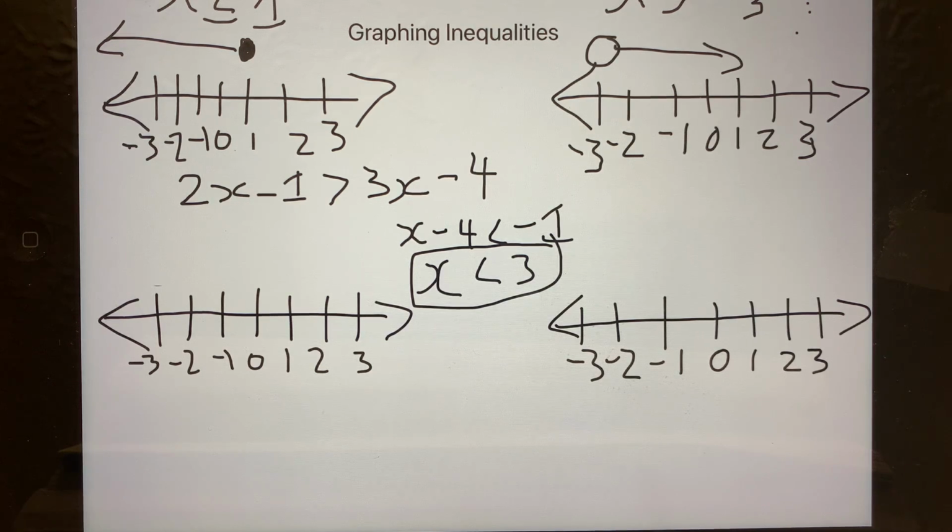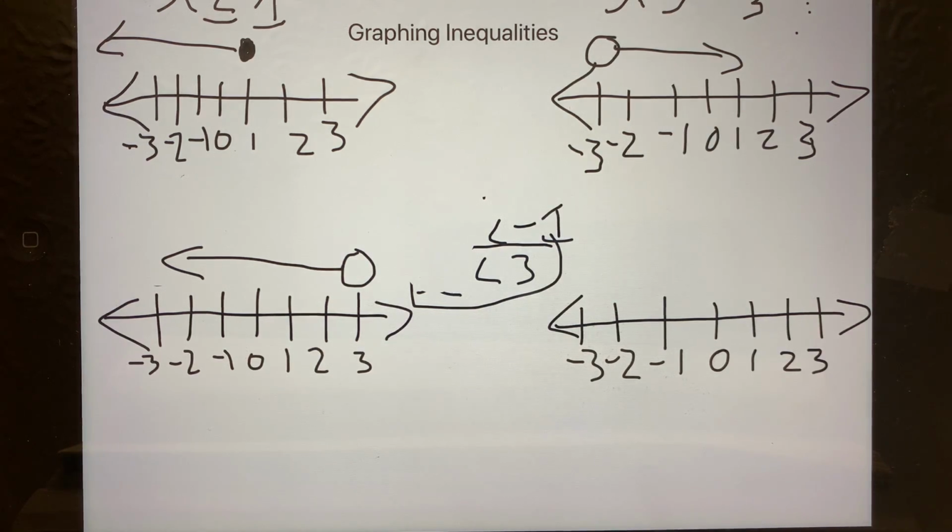We have a 3, so it's an open circle because it's not equal to, it's just a less than. So it's an open circle and it's going to the left because that's where the inequality points to. So let me erase all this to clear up the space a bit. Alright, so now that we've solved one with both sides having a variable,